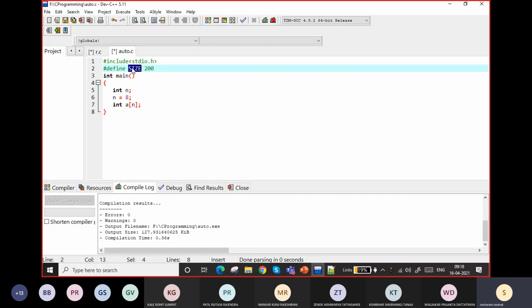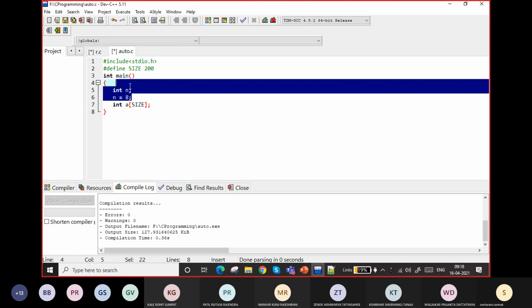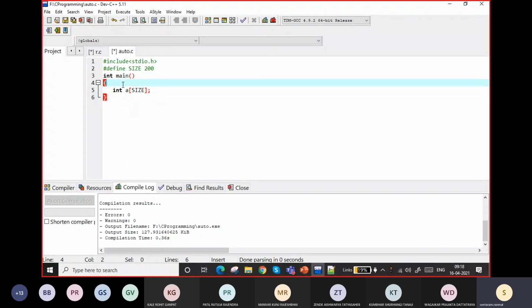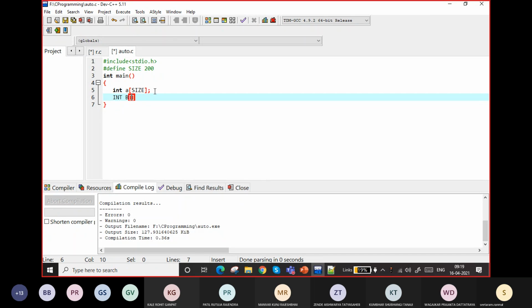You can use this, like here, suppose you want to define two arrays, you can use this. It is called a preprocessor.